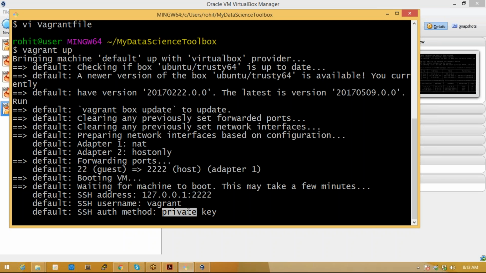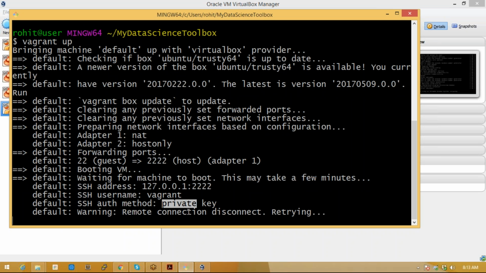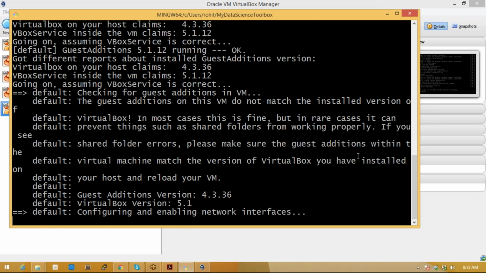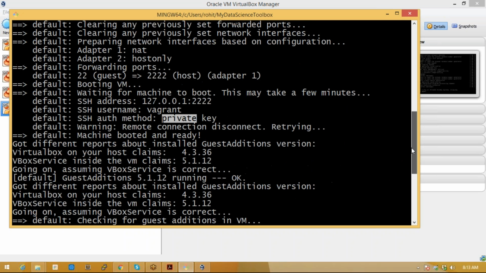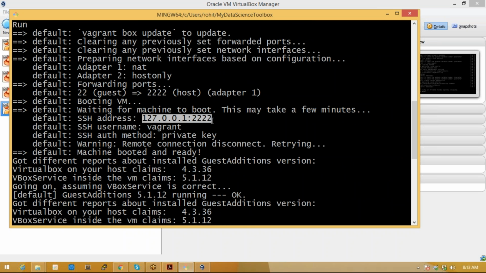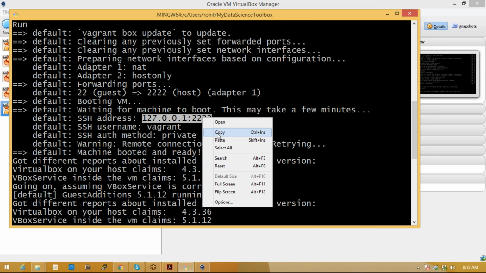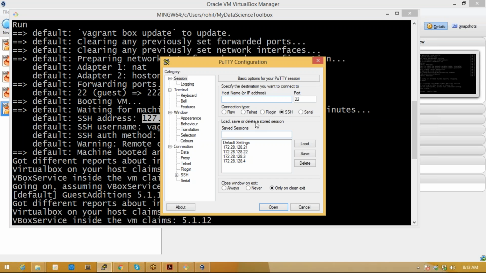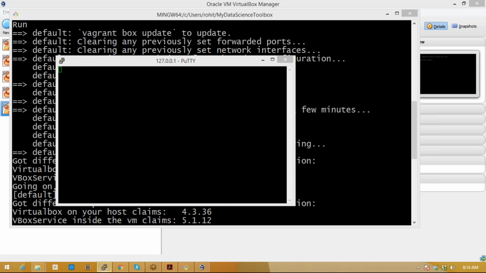So what you have to do in that particular scenario, remember that when you are using a CentOS or Linux machine, you may face this. You can find these kinds of errors: a remote connection disconnect, retrying, and so on. Now it is okay, it is rebooted now. If you find such issues with your CentOS machine or Red Hat machine, what you can do is connect with the loopback address the very first time, or else run vagrant SSH, and once you are connected to that particular machine,